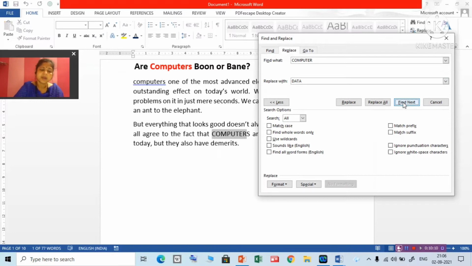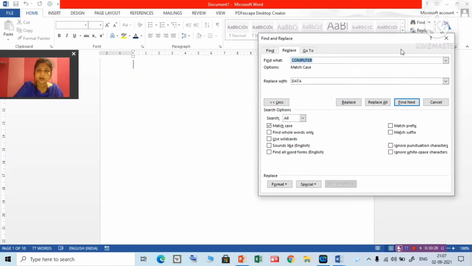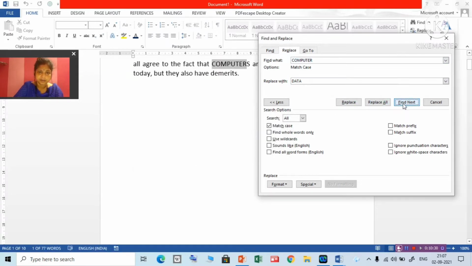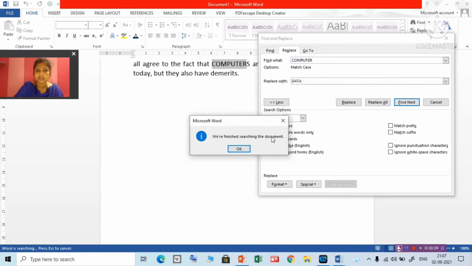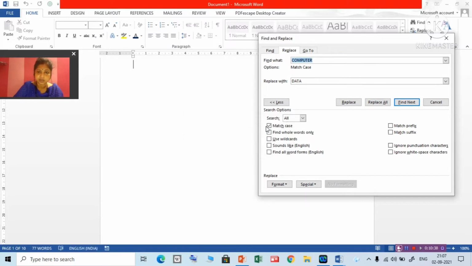It may be in capital, in small, or in title case. But if I select the option Match Case, then it will find the exact word I have written. If it does not find it, it will not show me. It is showing only one place, and after that it says finished searching the document. So you can use these search options also.